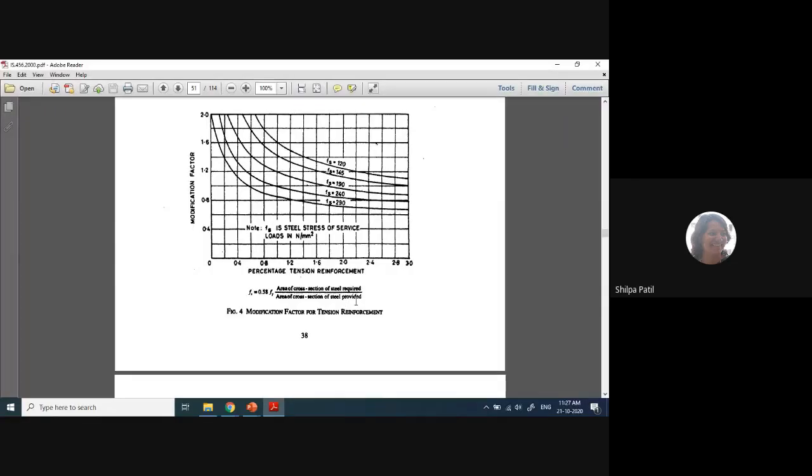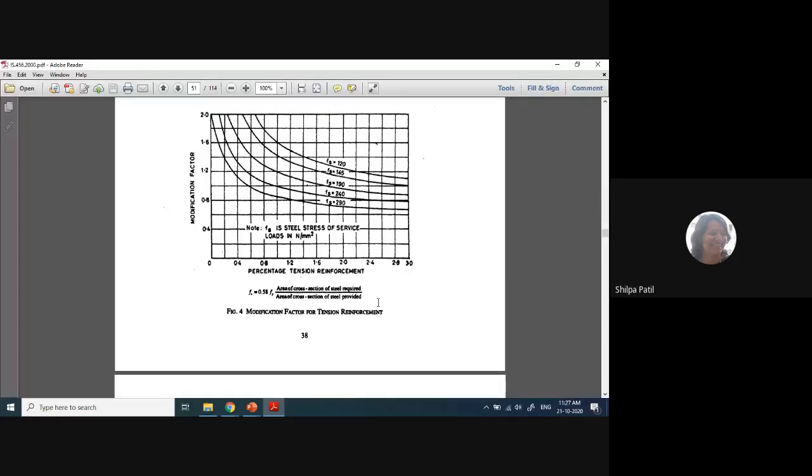Now, initially, we don't have any data regarding the steel because that is what we want to design in the slab. So we will assume this value as 1. We will consider this ratio as 1. It means whatever is the steel required, the same we are providing. That is our assumption. Okay, and that is actually expected in the design. If we provide area of the steel lesser than the required one, obviously our design will not be safe. Either we can provide equal to or little greater. We cannot exceed to the higher value.